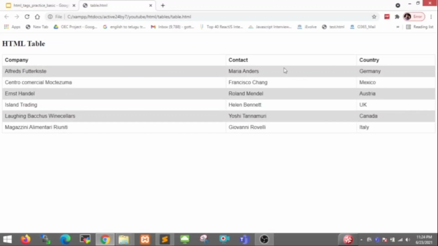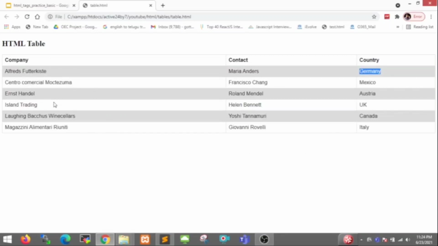First column company, second column contact, and third column country, then company name, contact name and country name. This is the first row, then second row, third row, fourth row, fifth row, sixth row, like that.